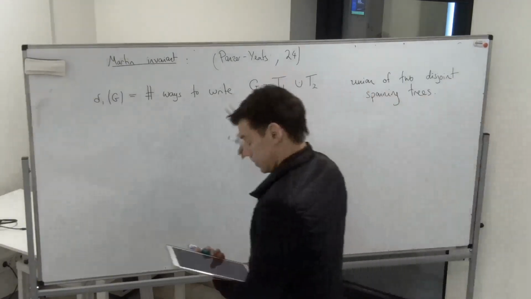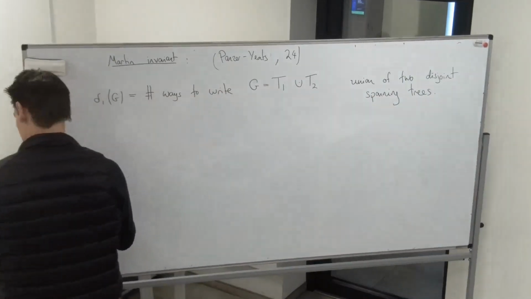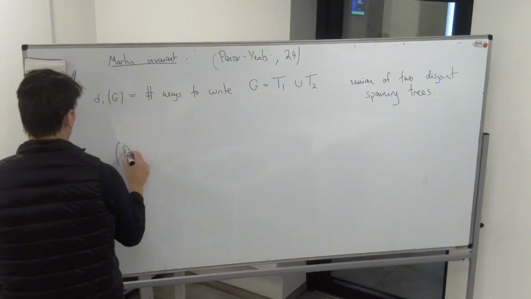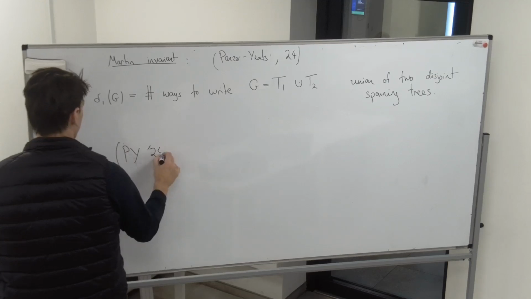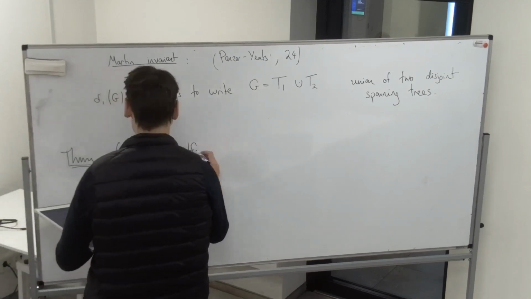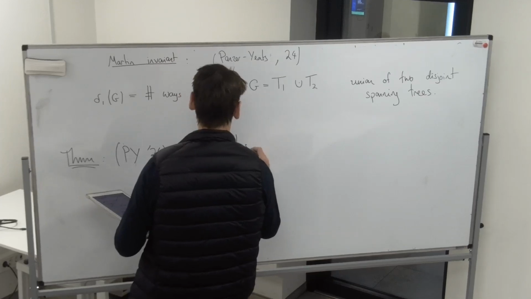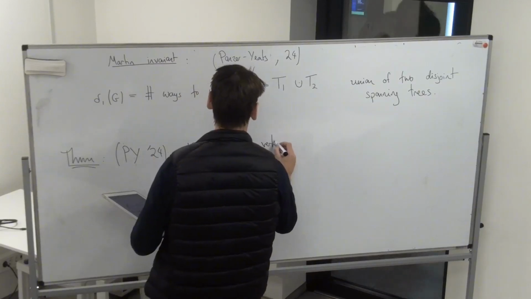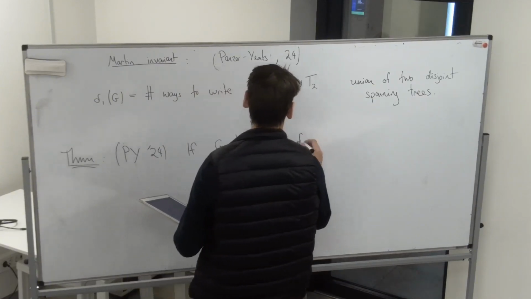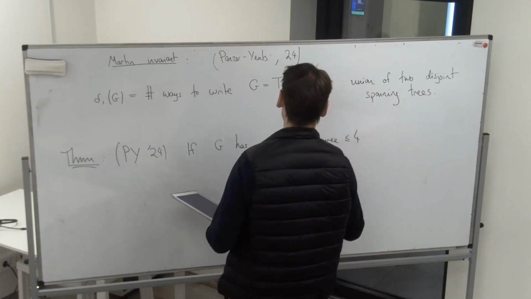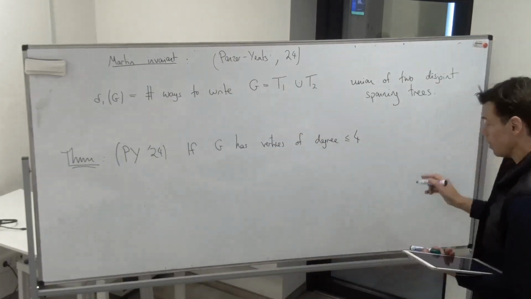And so these guys prove the following theorem, which is in the paper. So if G has vertices of degree less than or equal to 4, so all the vertices have degree at most 4, then